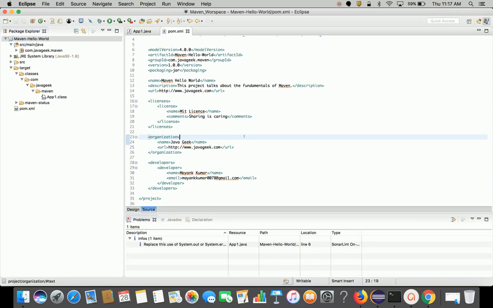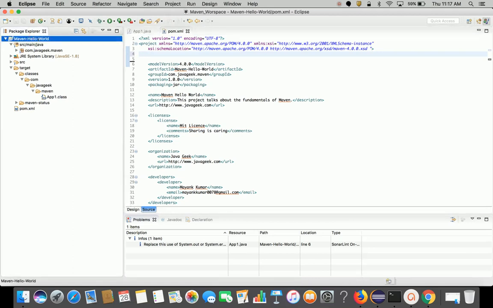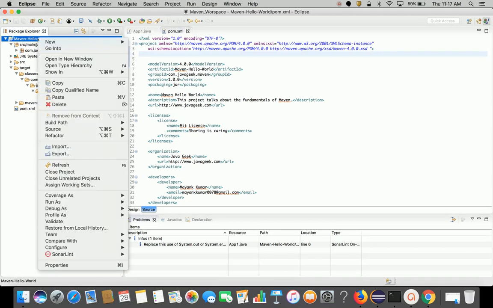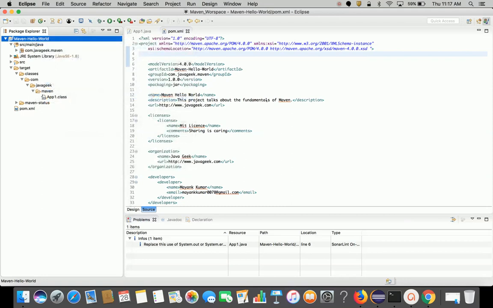So what you need to do is go to your pom.xml. First, let me create a source directory which doesn't follow Maven's convention. So I'll create one source folder here,